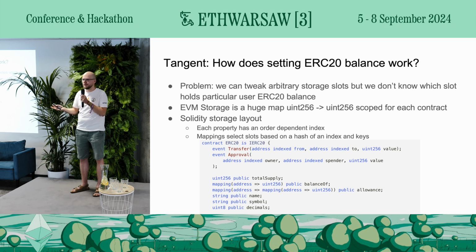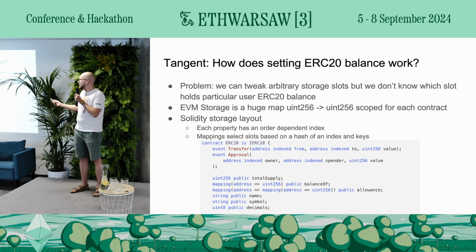For simple types like uints, or basically scalar types, this index is the storage slot index that the compiler is going to write to and read from. So if you read the storage slot at index 0, we would get the total supply in a raw